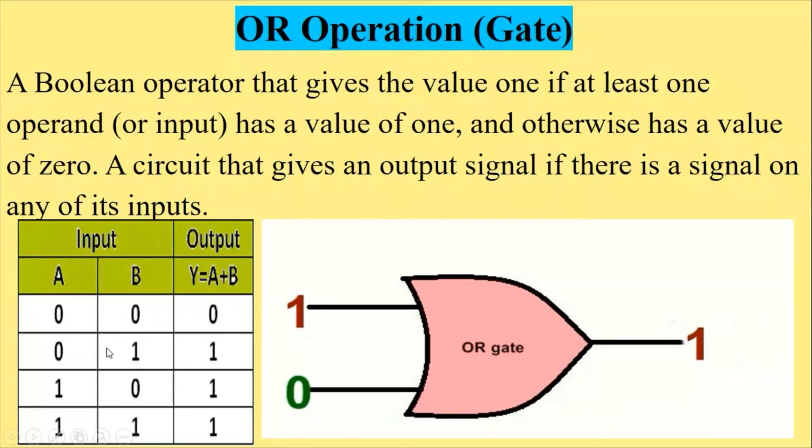If one value is 0 and the second value is 1, then 0 plus 1, the output will be 1. If A is 1 and B is 0, again it will be 1, because 1 plus 0 is 1, because we are going to add the values of the two inputs. Same like that, if the value of A is 1 and the value of B is 1, we will have 1. And this diagram or logical gate is applying all these possible values of A and B.